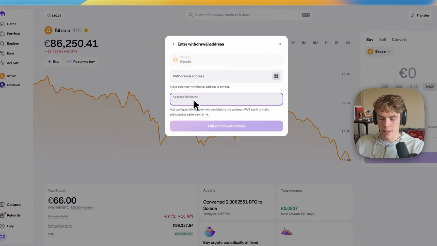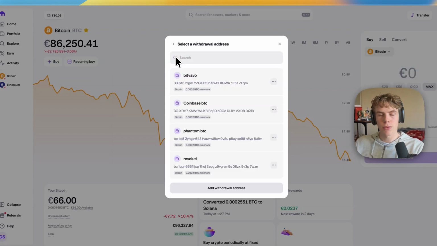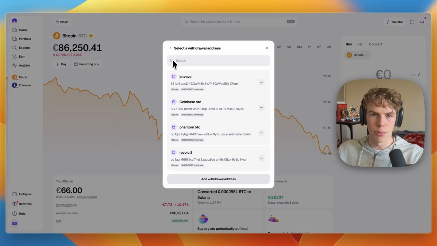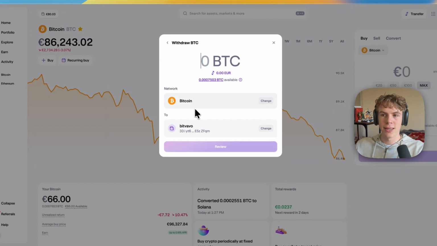They can give the nickname, such as in this case Binance Bitcoin, just for you to recognize it. And from there they will send you an email to check if it's actually you, and you need to click on a button in that email that confirms that you want to add this withdrawal address. After that, you can just select it from your list and choose how much you want to send, either in